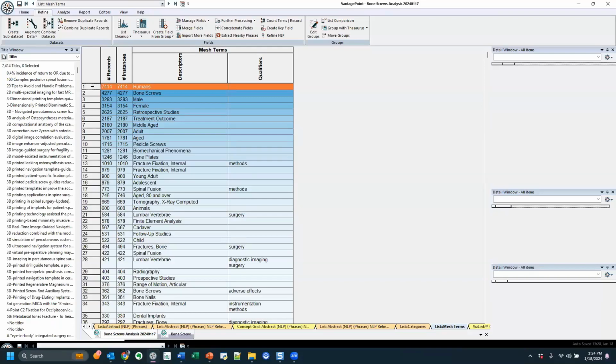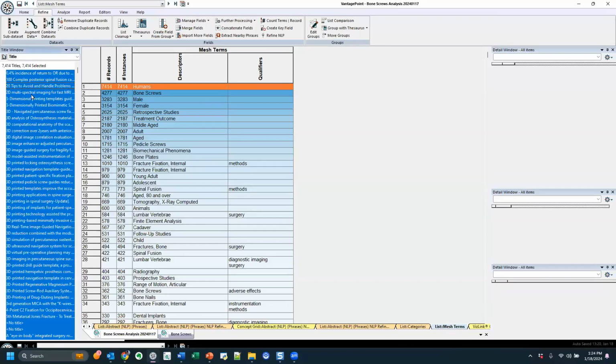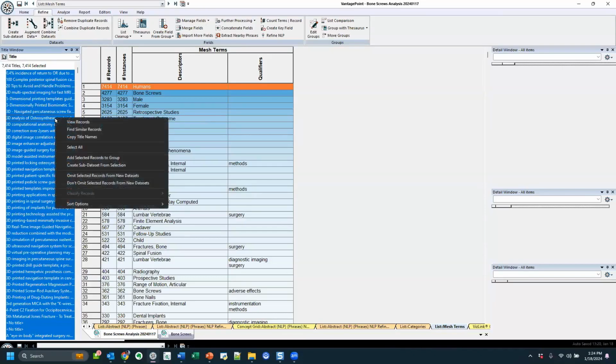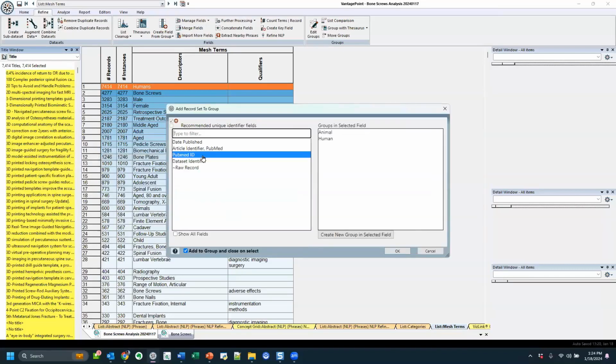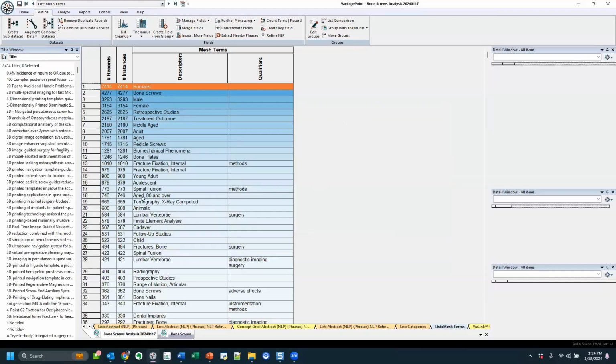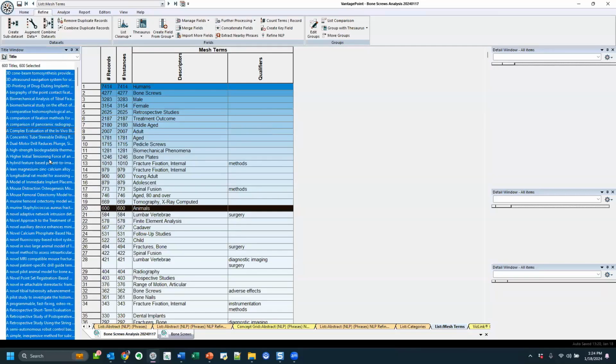So to do this sort of a grouping, I'm going to click on human. I am going to select all the documents within my title window. So all 7,414 titles are tagged with the human descriptor. I'm going to add these selected records to a group, and it's going to ask me to pick a field to tag that to. In this case, I'm going to use PubMed, and these are all going to be tagged as human. I'm going to do the same thing with animals. So I click on animals, I select all, I add those selected records to a group